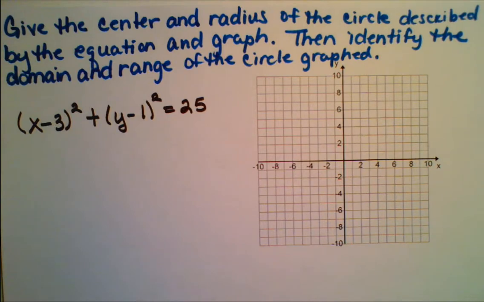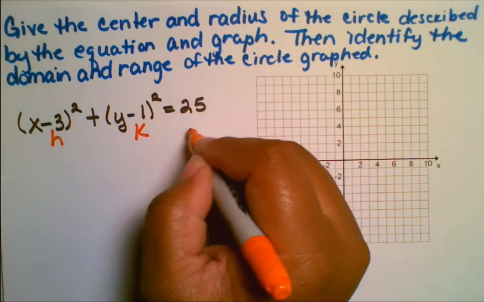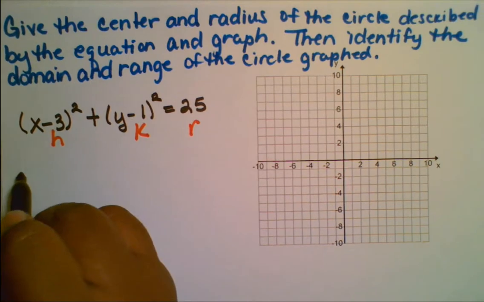We have our H, we have our K, and we have our radius. Well, we have it in r squared, okay? But we want to find r, okay? So to find r, we will have to take the square root. So to write our center,